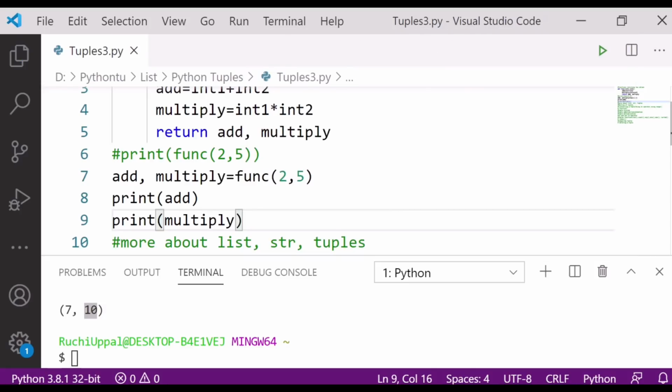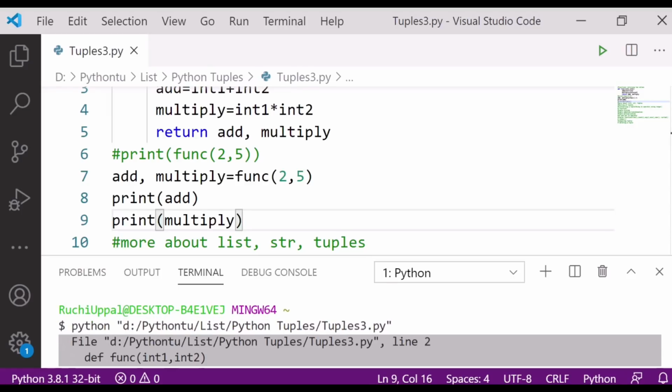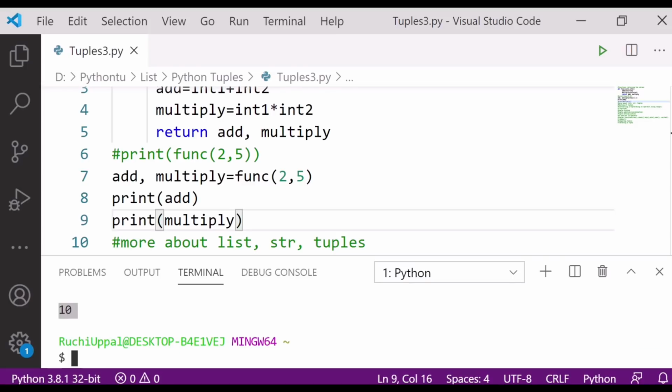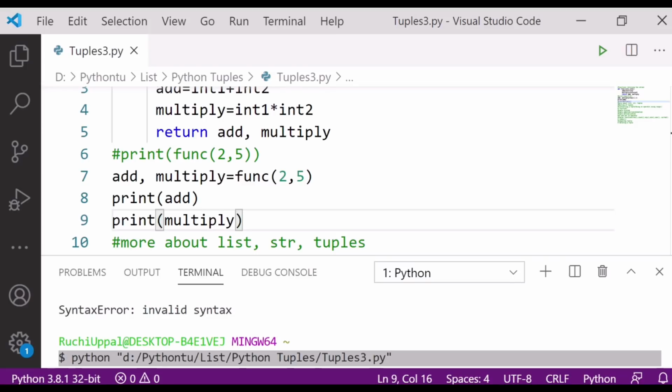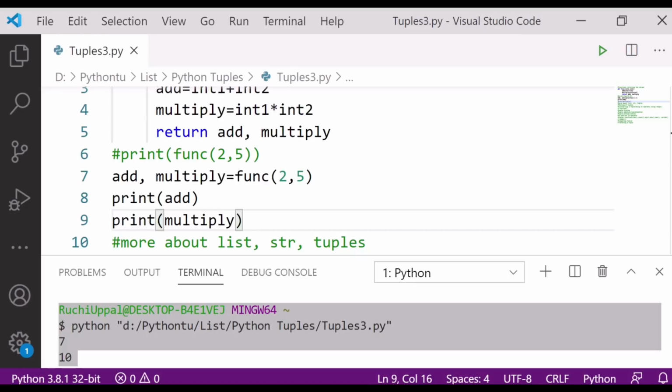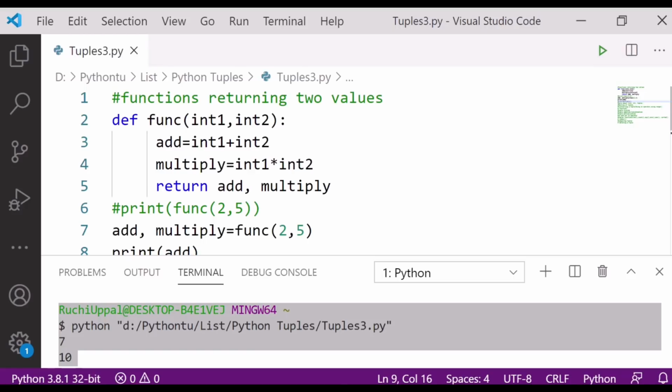If I run this and check the output, you can see here 7 is coming separately and 10 is coming separately. So you can have the values in this manner also. This was the simple thing, that a function is returning two values.